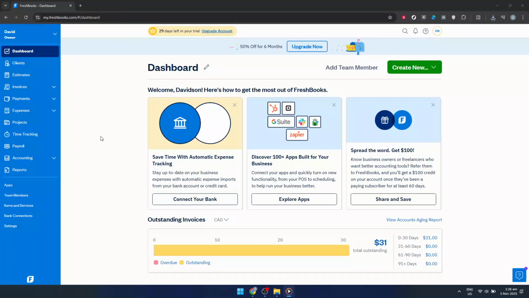In today's video, I'm going to teach you how to track expenses in Freshbooks, a process that ensures your financial records stay organized and up to date. Whether you're running a business or managing your personal accounts, being able to accurately track your expenses is crucial for